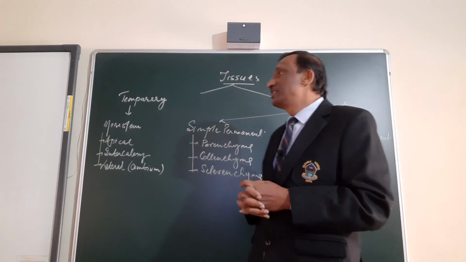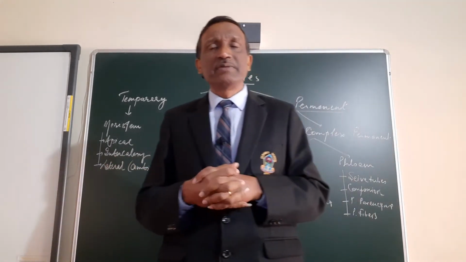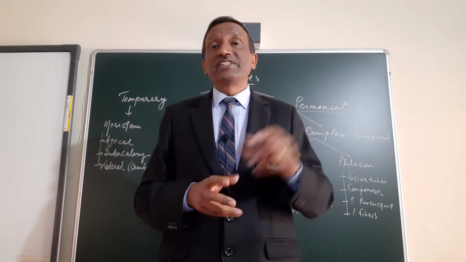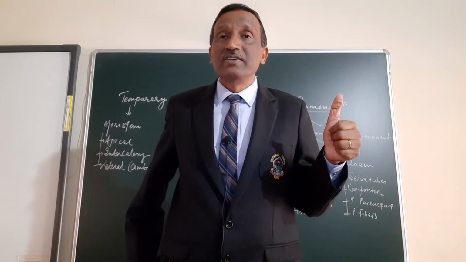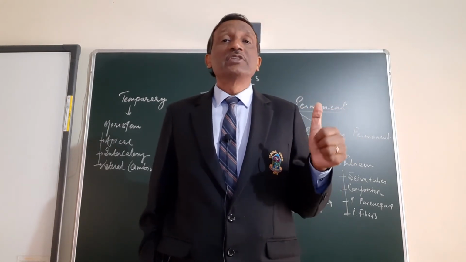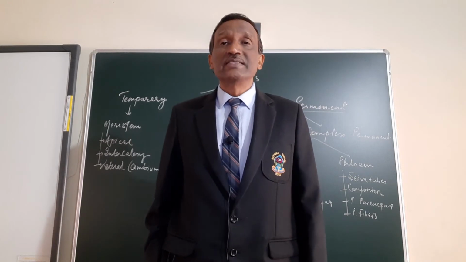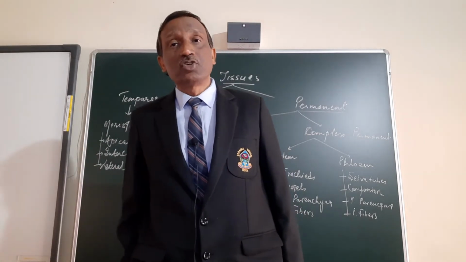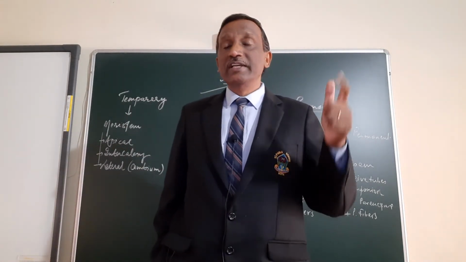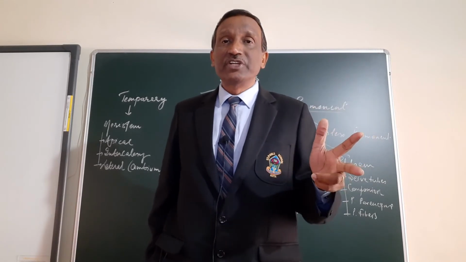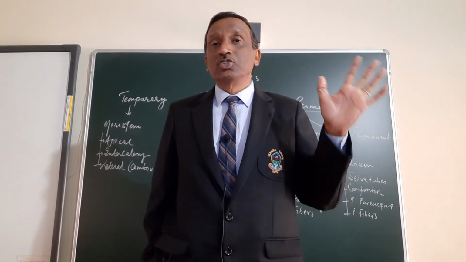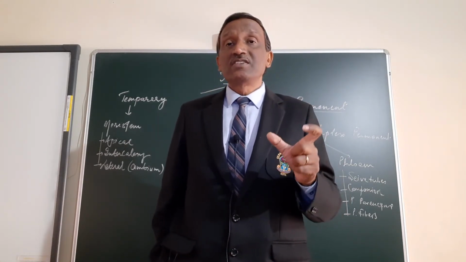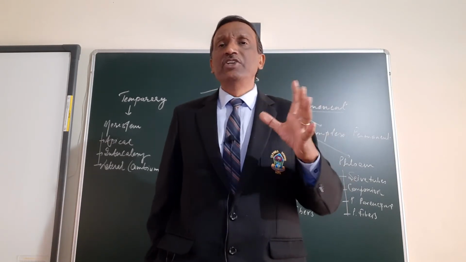We will study about the meristem. What is meristem? Where will meristems be found? Location. Meristems are found in the growing parts of the plants, wherever growth is taking place, and we know that growth is primarily because of the addition of new cells. So the new cells will be added by meristem. The meristem is responsible for the addition of new cells. New cells are required in the place of growth, in the place of repair, in the place of regeneration, in the place of reproduction. So these are the parts where the meristem is required. Now, the cells of the meristem are young tissue, very newly formed cells.